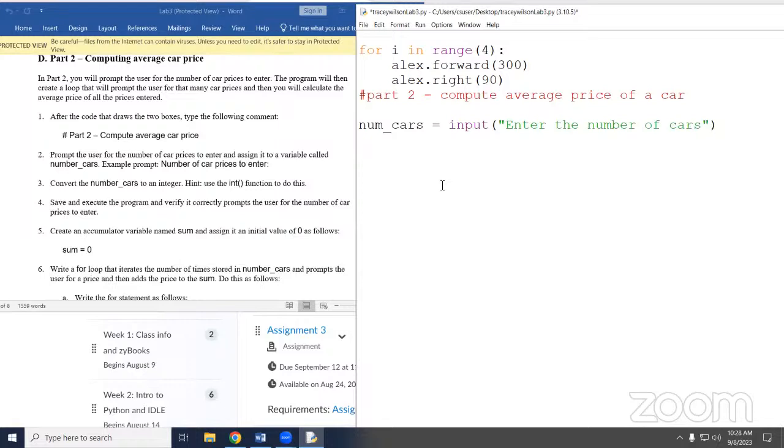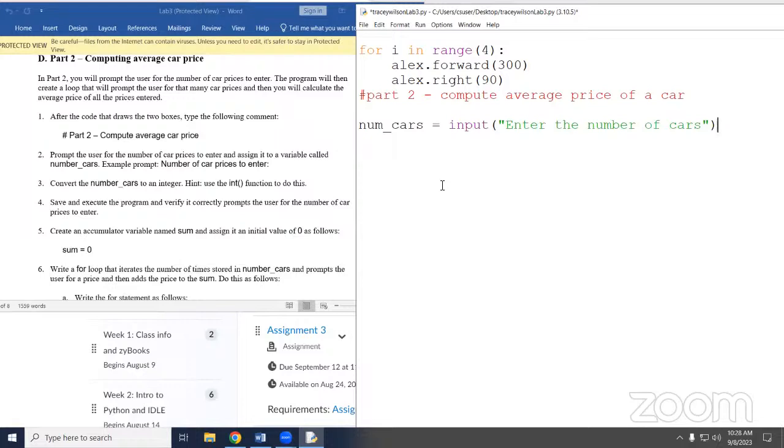And that's not exactly the prompt that was in the book, probably, the directions either, I'm typing off the top of my head, but you need to put something in there that makes sense. I've had a few people just put an input statement with no words, and I'm just supposed to guess when I run it what I'm supposed to be giving you. So we're trying to get you used to doing a good user experience, so make sure your prompts are clear. I give you some examples in the labs and the assignments, and you're welcome to use them. Absolutely, 100%. Use the ones I give you if you want to. But if you want to write something that's similar, that's fine too, as long as it's clear what you're asking.